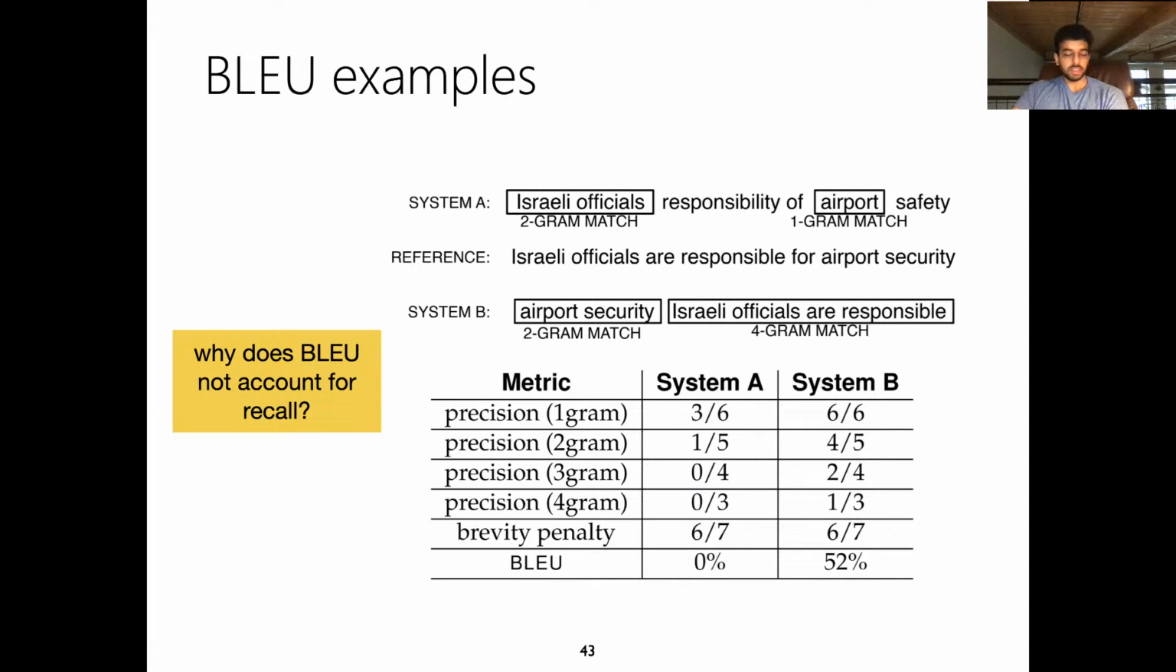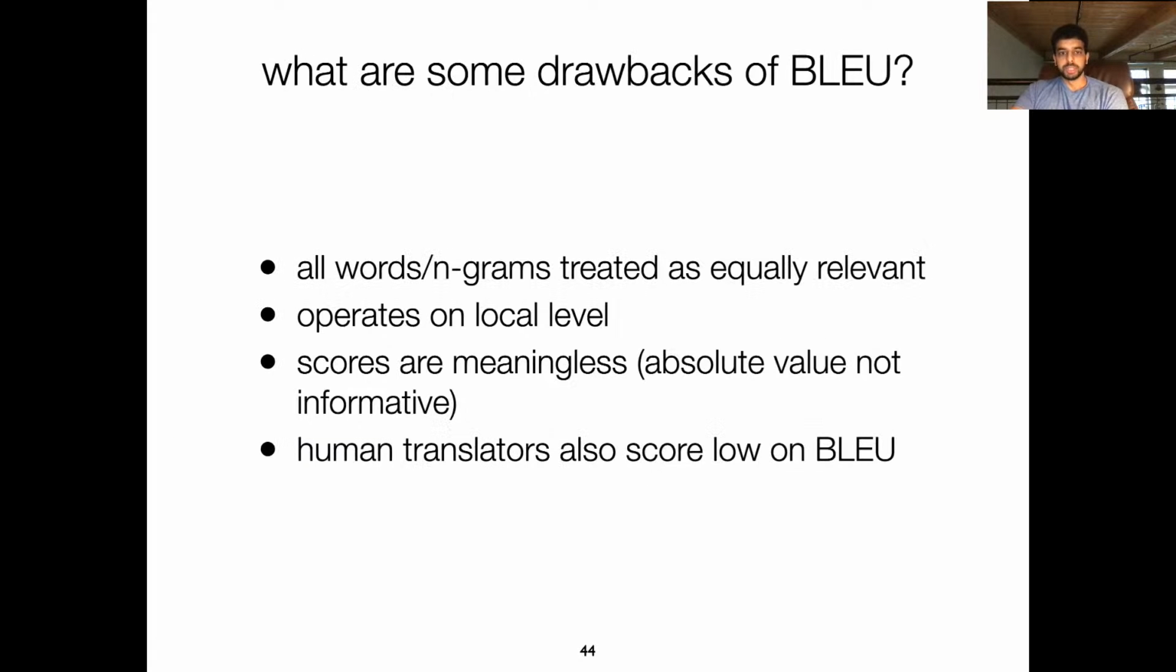Okay, great. So that's BLEU, and one of the downsides of BLEU is that it treats all words and n-grams as equally relevant and meaningful, when certain n-grams or certain words might be much more semantically informative than others. So this is one issue. And another thing is it's still operating on this local level. So the biggest contiguous,